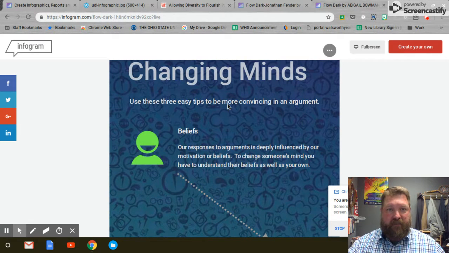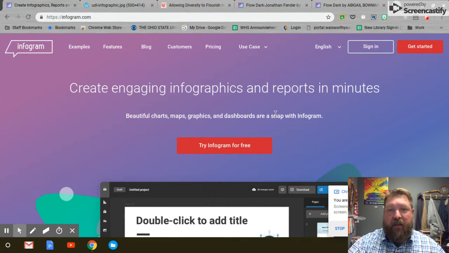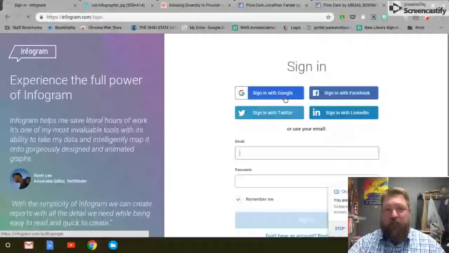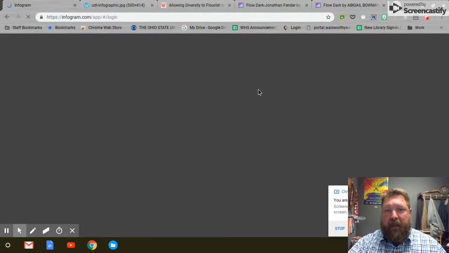my needs easily. So, if you want your kids to have the option to create infographics in the classroom, I suggest using the website Infogram. It's pretty easy for the students to sign in just using their school Google accounts. My students didn't really have any problems with the sign-in process. It was just a few clicks, and once they're in, and the page loads,